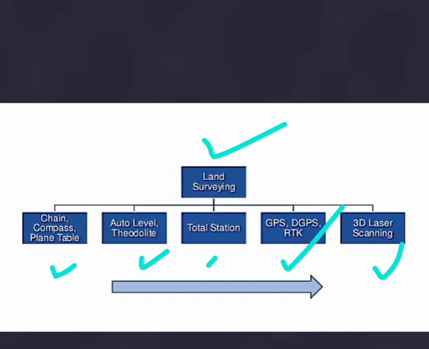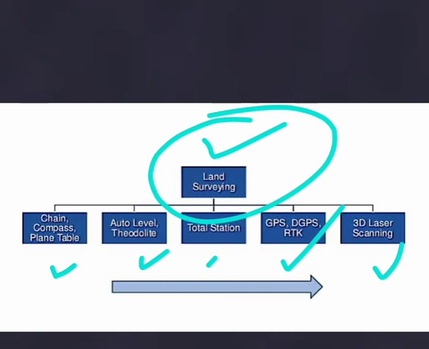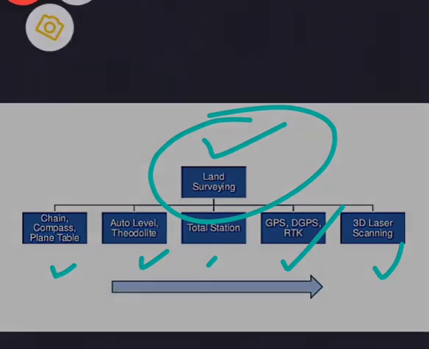The surface data is captured by the camera sensor mounted in the laser scanner, which you can call accurate dense 3D points in space. So this is how all these things you can use in land surveying, whereas aerial photogrammetry is part of remote sensing. Now I will show you here.